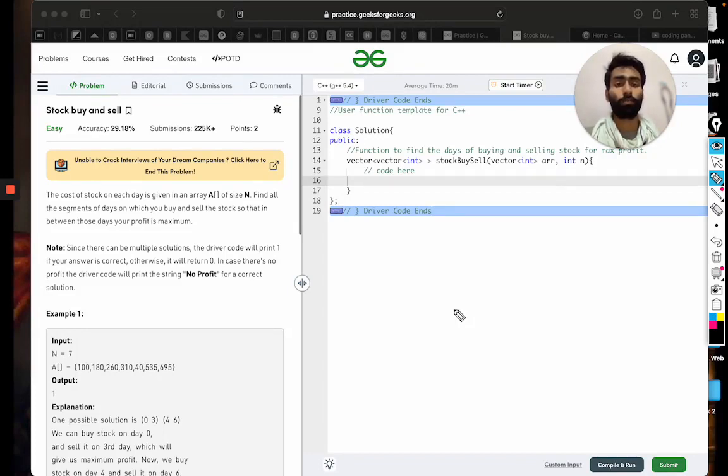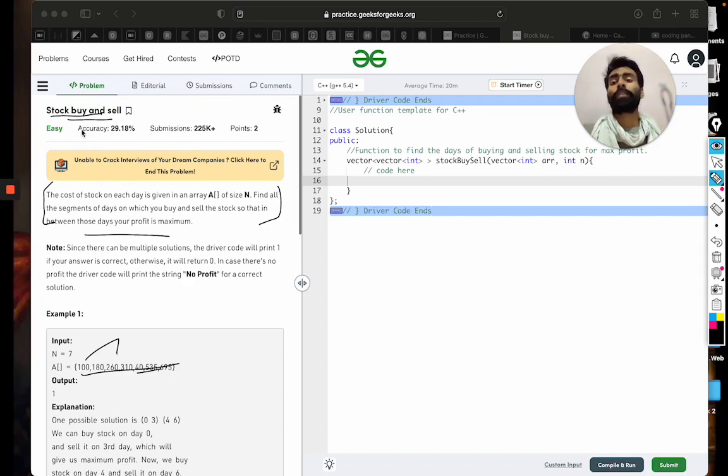So today's problem is to solve the stock buy and sell problem. This problem states that we are given an array like this, and we have to obtain the maximum profit out of it, that is, choosing two or more values from this. We have to get the maximum difference, and the set can be anything.